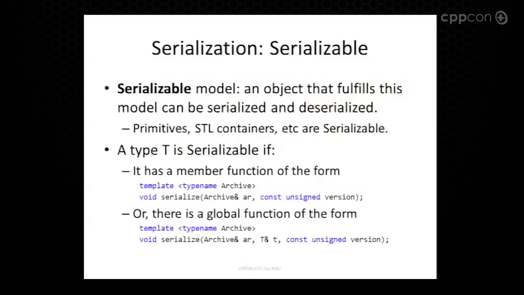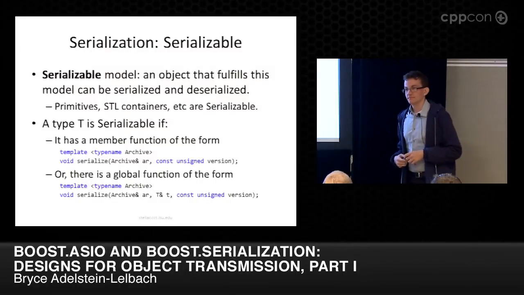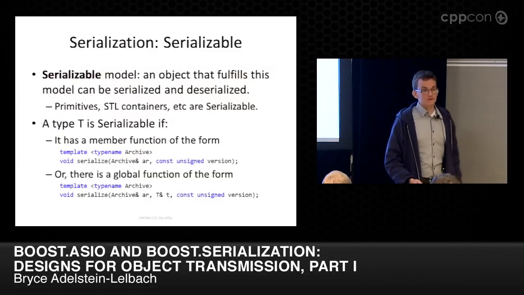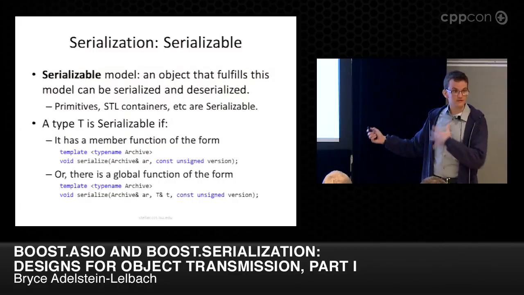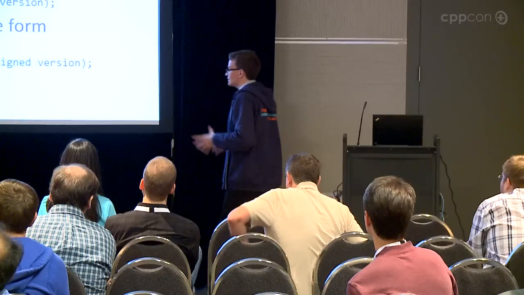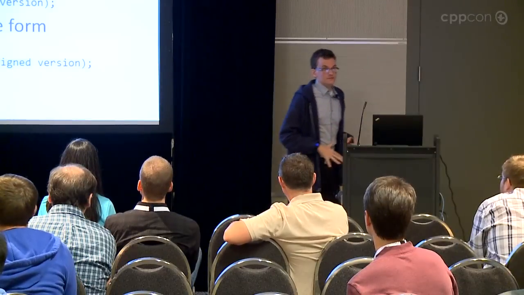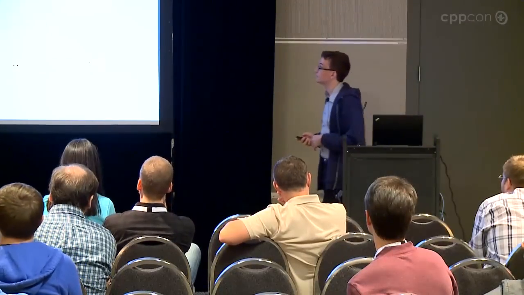With both of these versions, you've got a function that passes in the archive. It'll work with any type of archive. And then it passes in a version. And then it's your job within that function to define how you're going to serialize it. It's usually pretty easy because your classes are either composed of data members that are one of these types, or if they've got a data member that's not one of these types, then you have to write a serialization function for that type. You maybe have to write a couple of these functions, but at the end of the day, you get down to primitive data types, your STL containers, these basic things we can serialize.